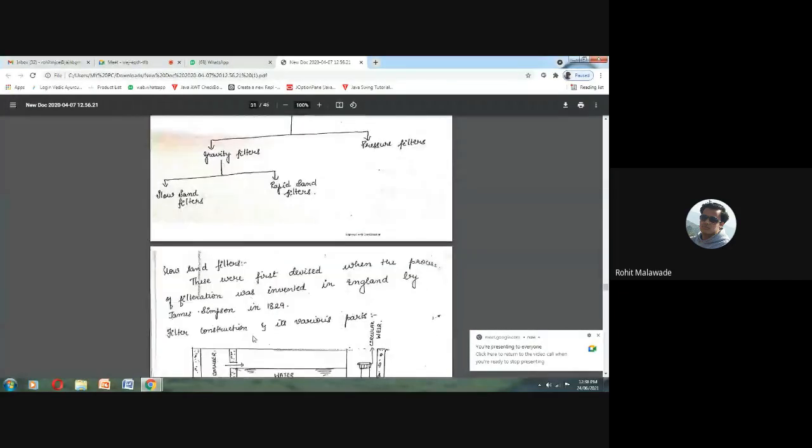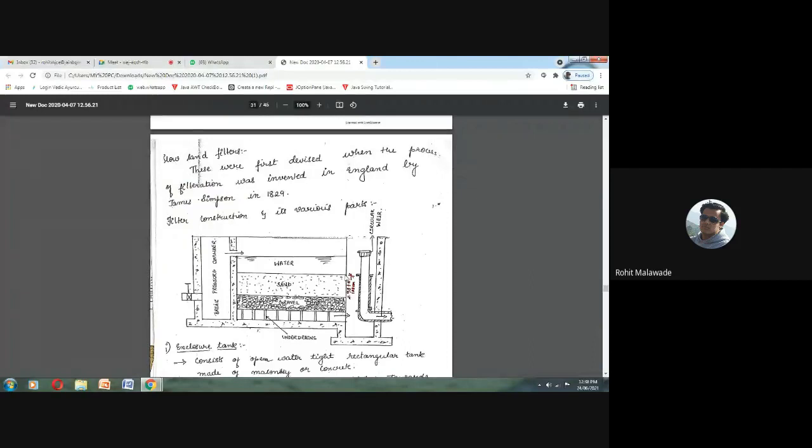So here, along with the very fine suspended particles, the top layer of very fine suspended particles, we are going to remove it, because we cannot separate the fine suspended particles as well as the sand particles. So what we are going to do is remove the top 3 centimeter depth of our top layer of sand. We are going to remove it.